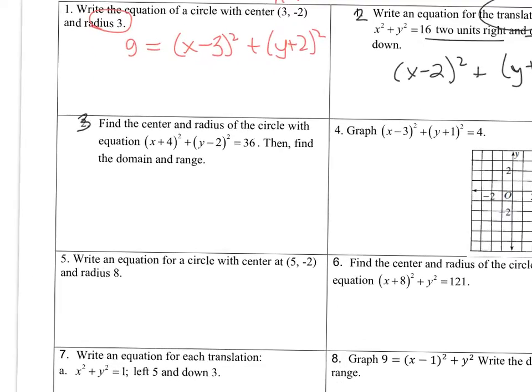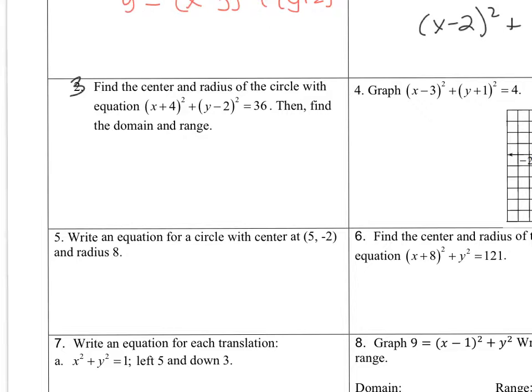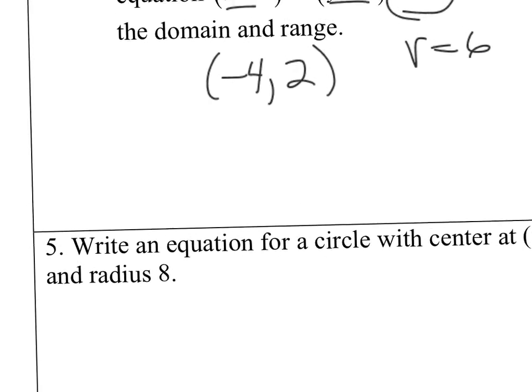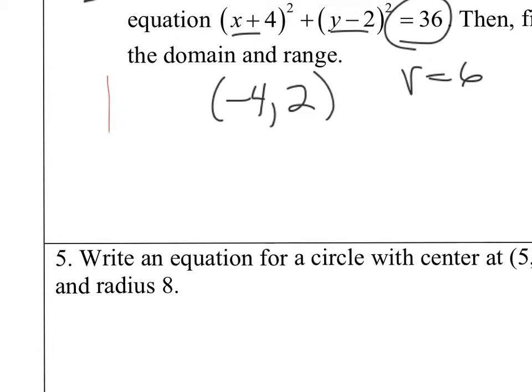So number 3, find the center and radius of the circle. The center is going to be at the ordered pair (-4, 2), and the radius is going to be 6. If you're going to find the domain and range, let's think about a sketch of this graph. My circle has a center of (-4, 2), right here. And then the radius is 6, so I'm going to count 6 units